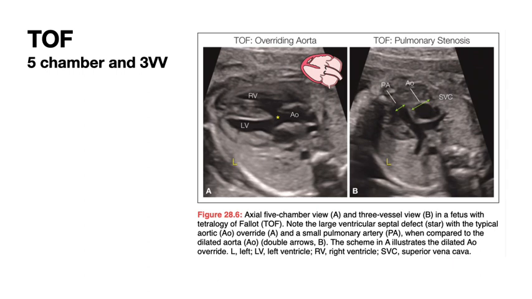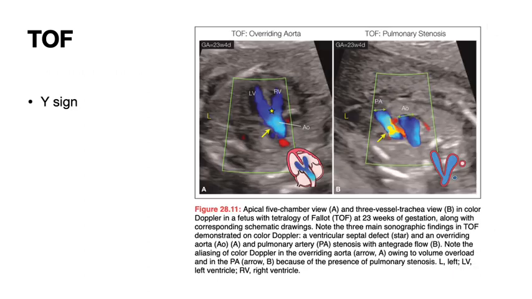Now, moving on to the three-vessel view, which is the one that has the pulmonary bifurcation. Well, the thing you're going to see is a narrowed pulmonary artery and a widened aorta. So disproportion at that level. The other thing that you may see,